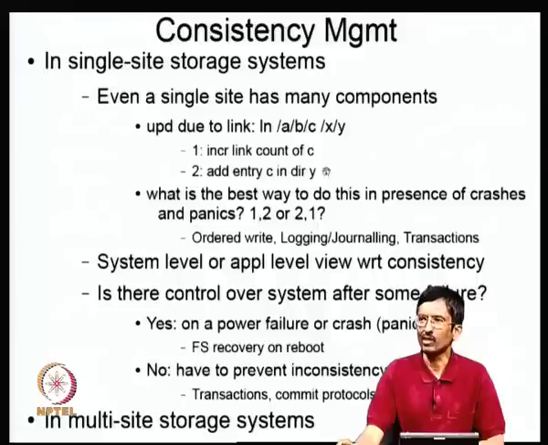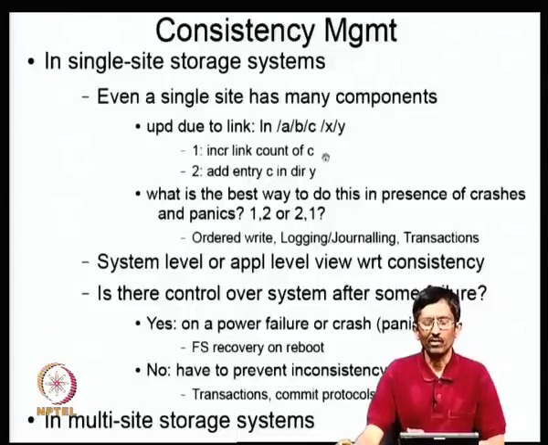Basically all I have done is I put an entry into the directory, but it is not really pointing to anything, because let's say that I flushed that part of it to disk. What I have done is that directory entry has been flushed to disk. But because of power failure, I have not been able to increment the link count. So that means that there is a record in the persistent part of the system that there is an entry in directory Y, but actually the link count has not been incremented.